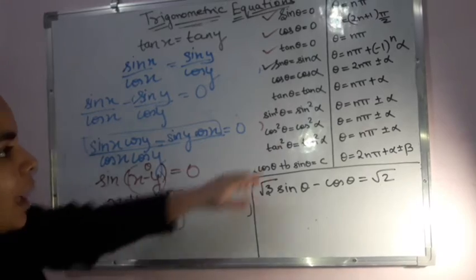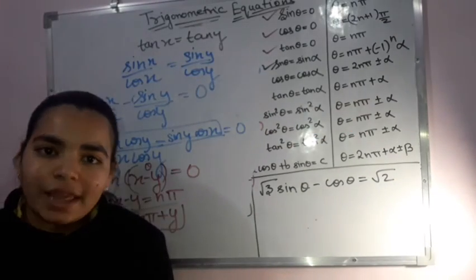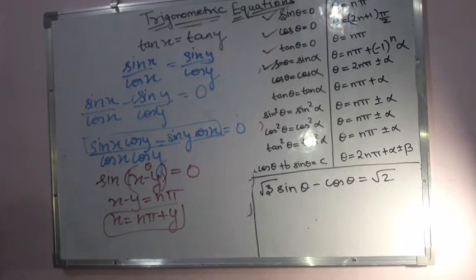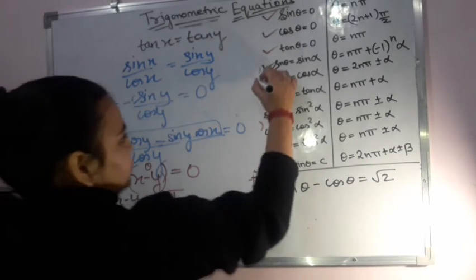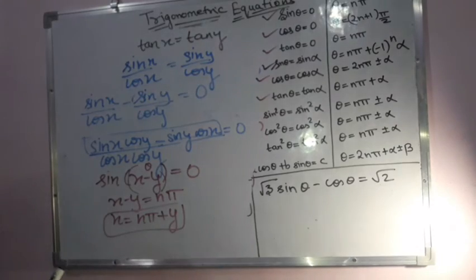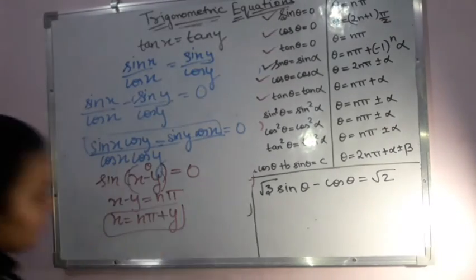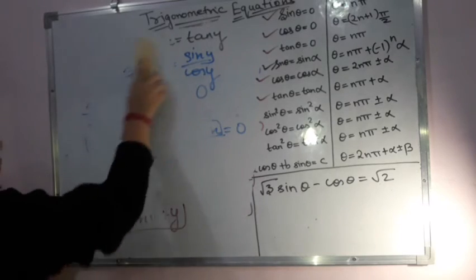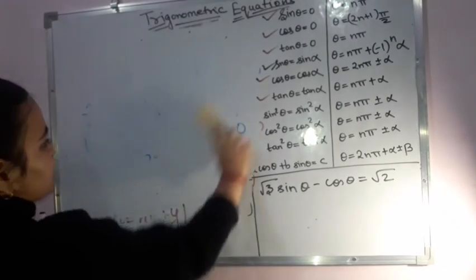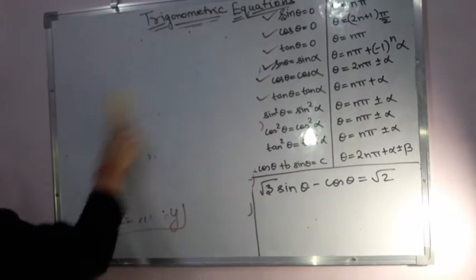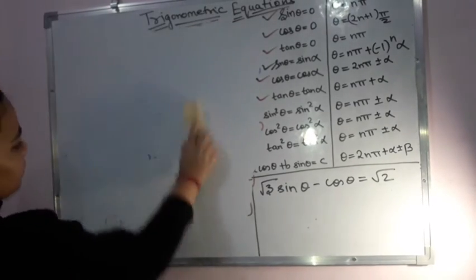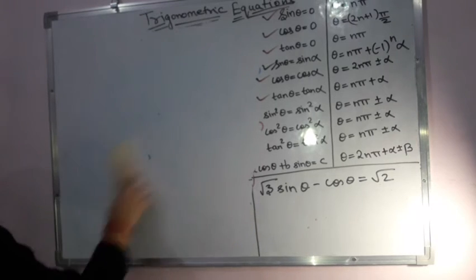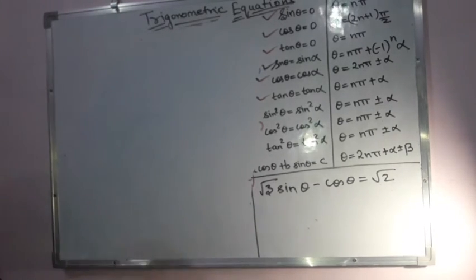So x is equal to n pi plus y. This is the same as theta is equal to n pi plus alpha. So this is how we derive for tan theta is equal to tan alpha also. Now, after this we have the square relations. We will be solving the equations which will be having squares with them. That means sin square theta is equal to sin square alpha will be there, right? So there also you have to use the formulas which were given in the compound and multiple angles part. So from there you will be getting it.